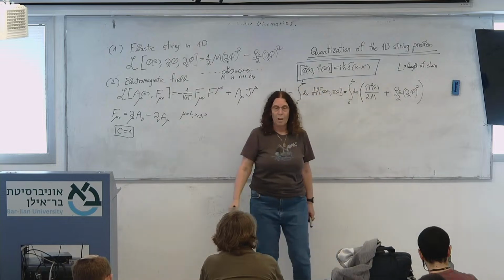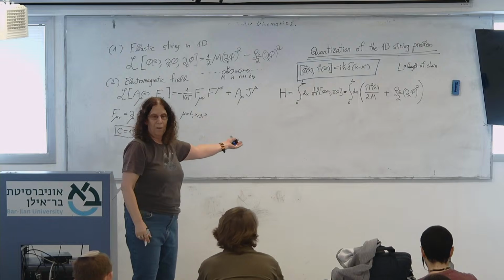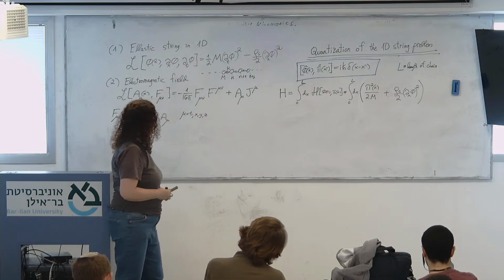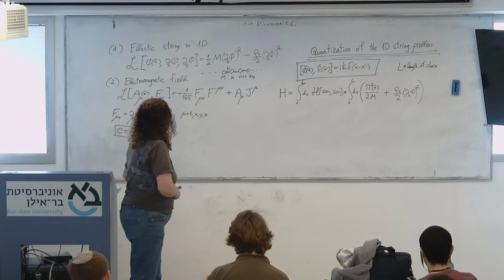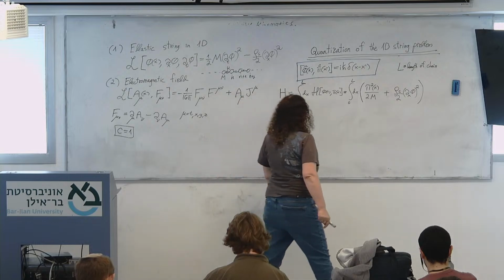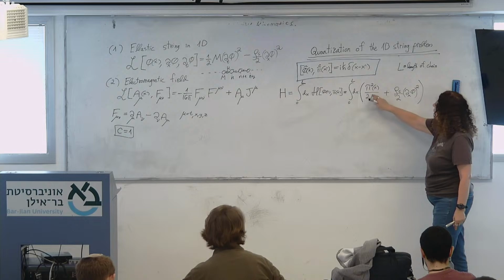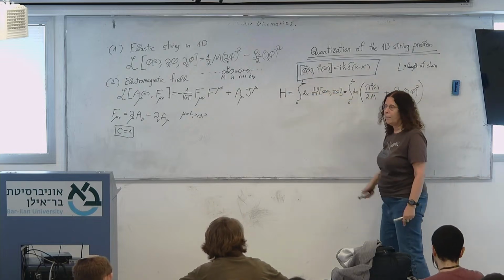Okay? This is the Hamiltonian. We got it last time. Actually, it is nothing but a continuum version of the discrete Hamiltonian we wrote in the beginning, but we could do this directly. Okay, so we have a quantum Hamiltonian, and we have here the conjugate coordinates and momenta, but